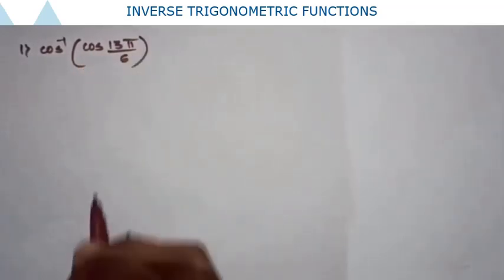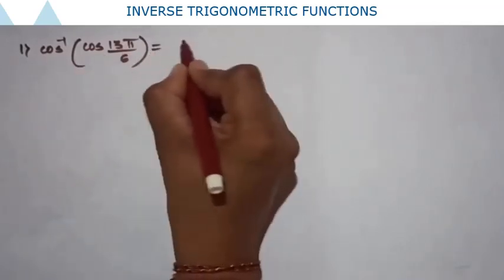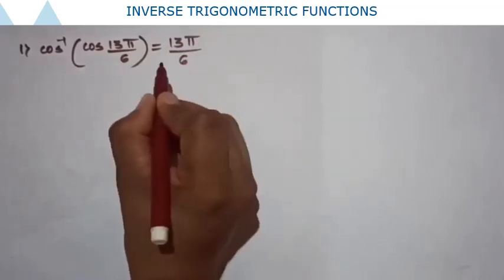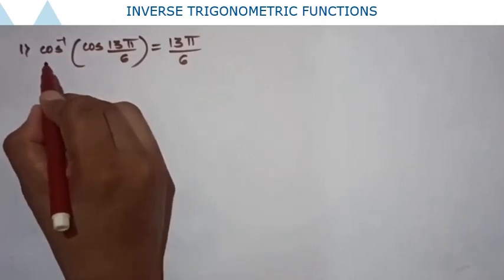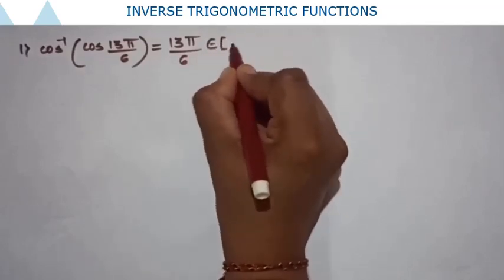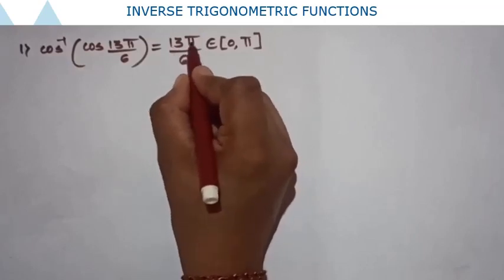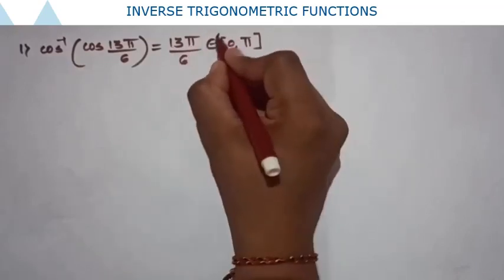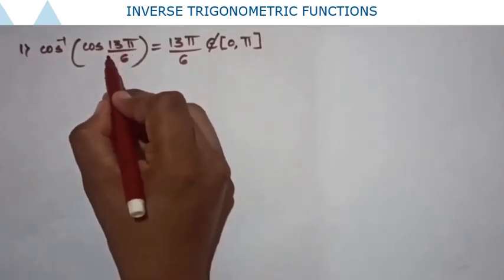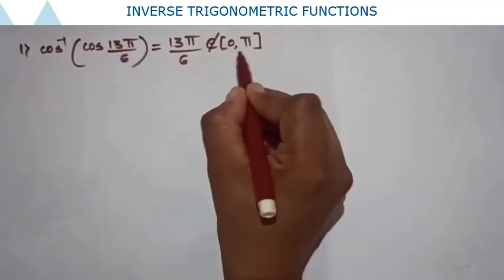You know already from property 1 that cos inverse of cos x is x. When it is so, x should belong to the closed interval 0 to pi. So if we apply property number 1, cos inverse of cos x is x, therefore x should belong to the closed interval 0 to pi. But 13 pi by 6, you see 13 into 30, that is 390, which obviously does not belong to the closed interval 0 to pi. So we need to convert this 13 pi by 6 to some obtuse angle or acute angle which lies from 0 to pi.